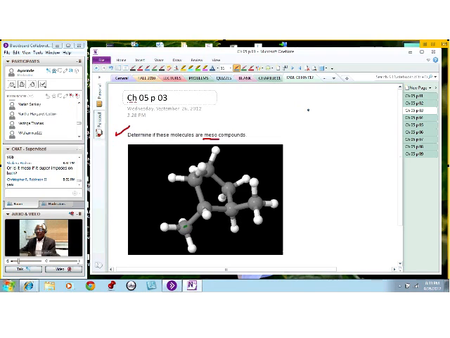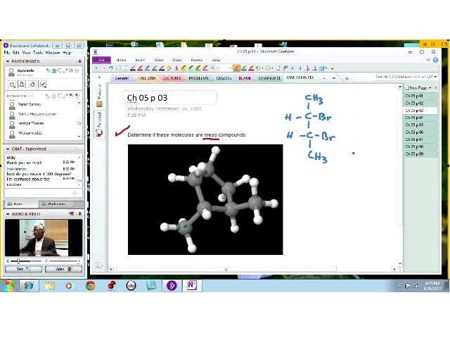Now, supposing I give you this molecule here. Supposing I give you that molecule,